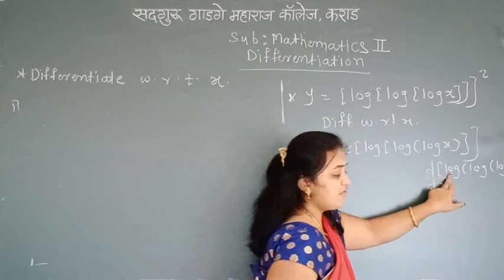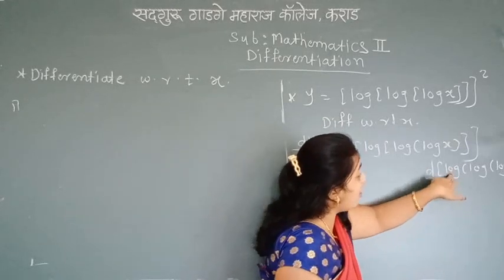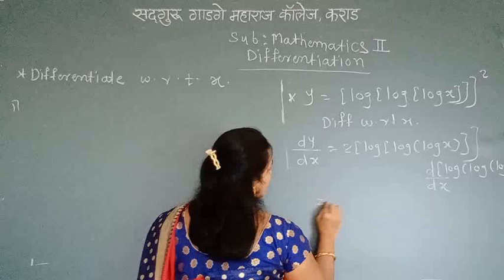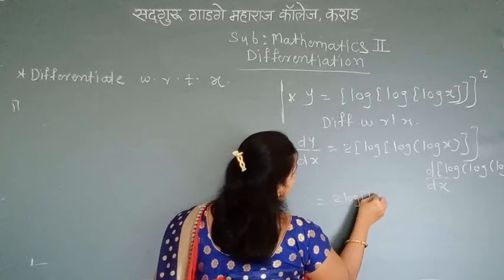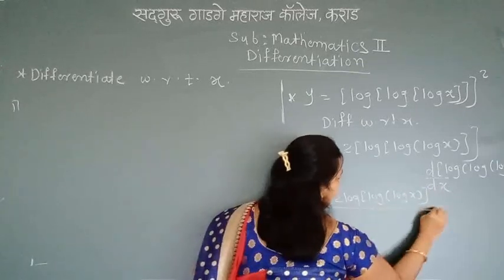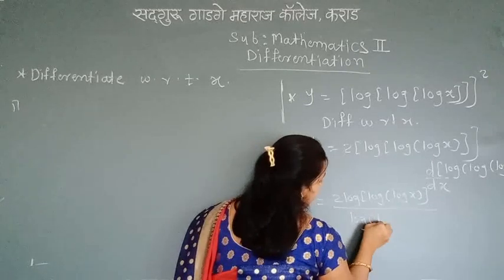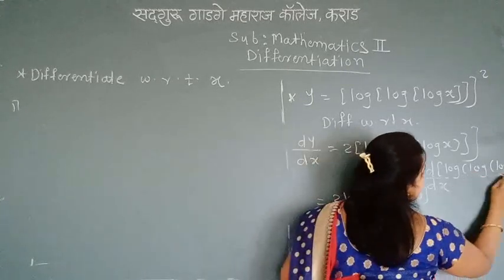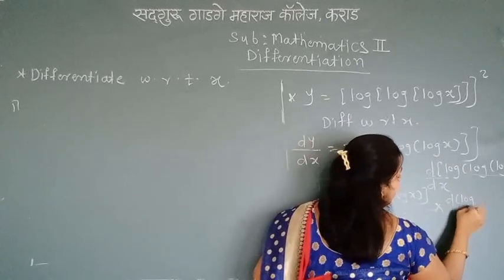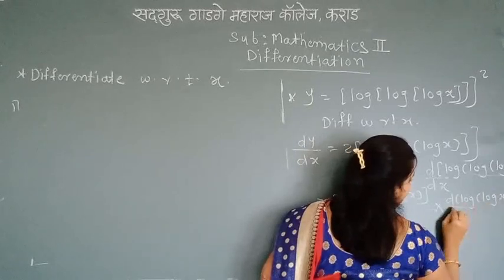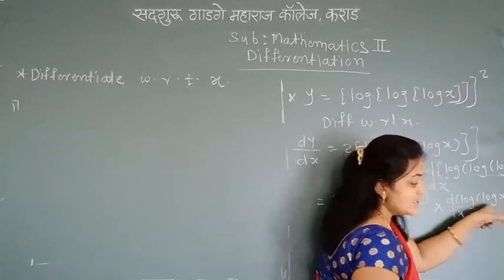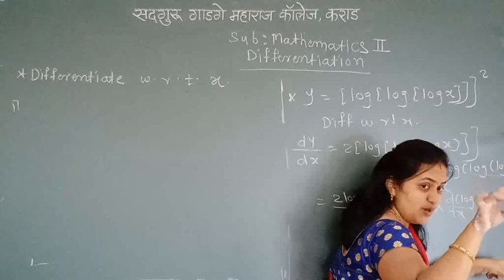Again, what is the derivative of log x? 1 upon x. So what is the derivative of log of x, which is 1 upon log of x. So these two log of x as it is divided by log of x, because this consider is x. So log of x, again a derivative of log of x with respect to x. So again, what is the derivative of log of x? 1 upon x. So what is the derivative of log of x is 1 upon log of x.